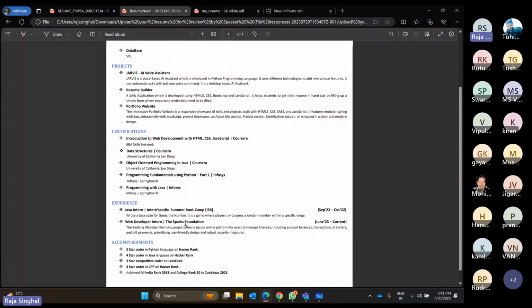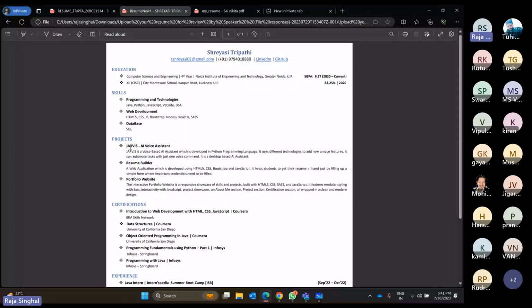After that, the project section, again, things are missing. There are no dates, and the description is written in a simple casual way in which everyone mentions their description in the same way, like develop that XYZ application by using HTML, CSS, and JavaScript and all. So there is nothing new and impressive that the interviewer can find in your project. So try to highlight a few things and stand out.